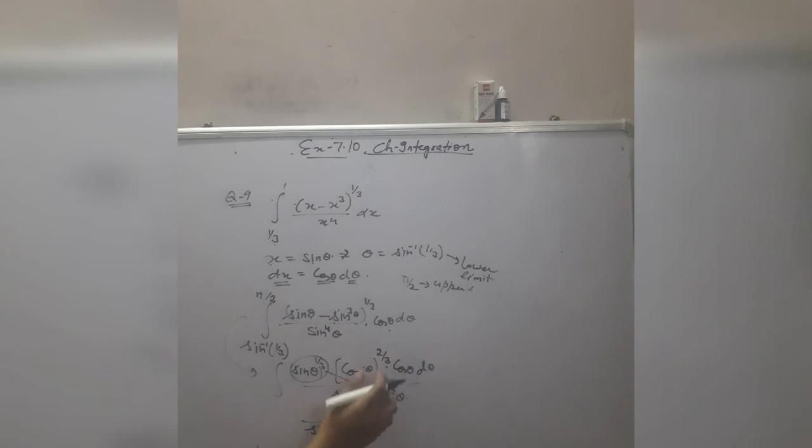Listen again, when you shift this power to the denominator, 2 minus 1 by 3 becomes 5 by 3, and when you shift this sine square to the numerator, the reciprocal of sine is cosecant square. Now see here, cos theta raised to power 1 and cos theta raised to power 2 by 3. After adding these powers, it becomes cos raised to power 5 by 3, and cos by sine, all of you know, is equal to tangent, and the derivative of tangent is present here.